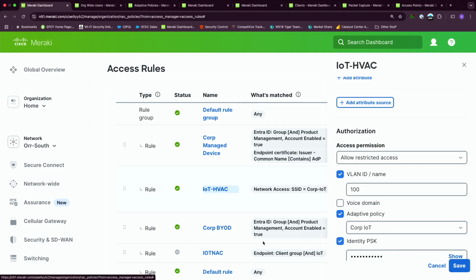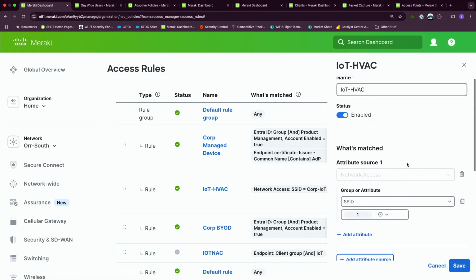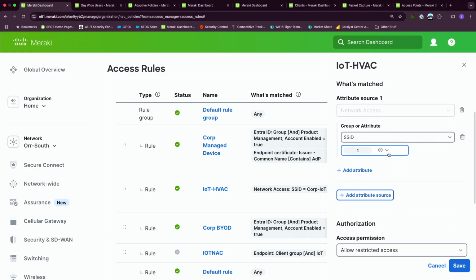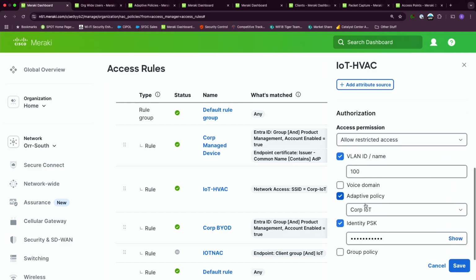To show you the other one, this was the identity PSK one, where the first attribute is the network access. So we're saying it's coming in on a specific SSID, and you can click and pull down the drop-down on the SSID. Restricted access, again: give it the VLAN, give it the SGT, and this is where you actually type in the identity PSK. So you're not binding the identity PSK to the SSID like we usually would. We're binding it to the authentication rule in the policy. So any questions on that before we